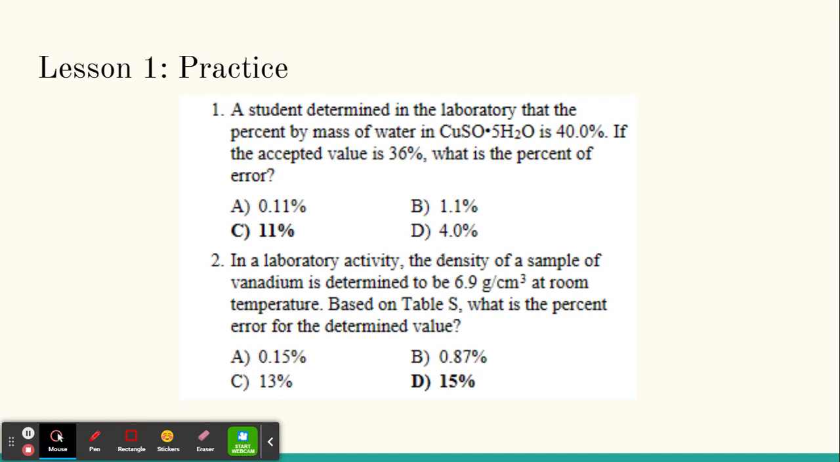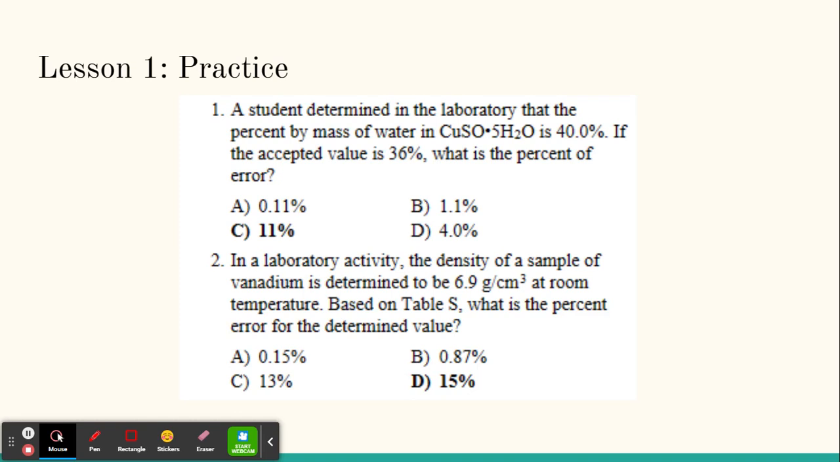Here are some practice problems that relate to what we just went over. In the first problem, we have copper sulfate, a hydrated copper sulfate. Now, if the determined or measured value is 40% and the accepted value is 36%, the percent error would be